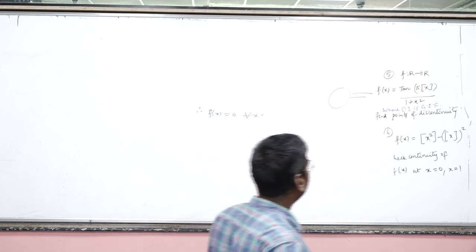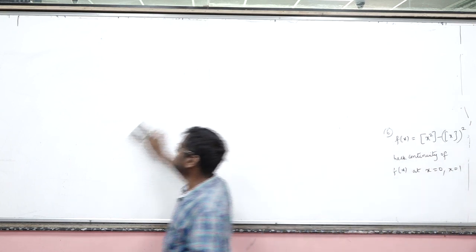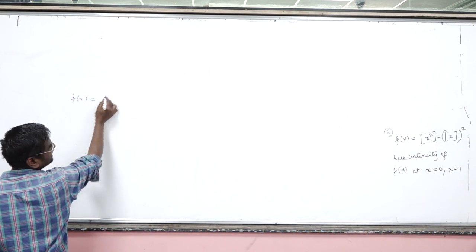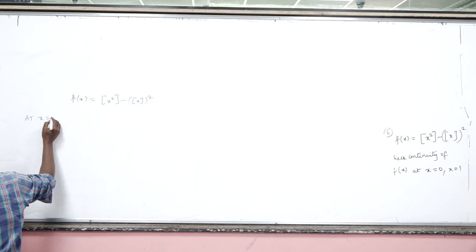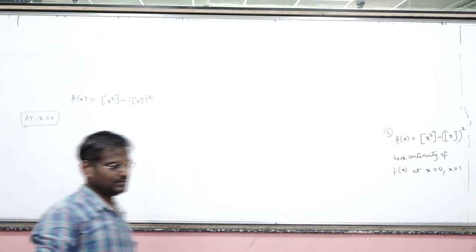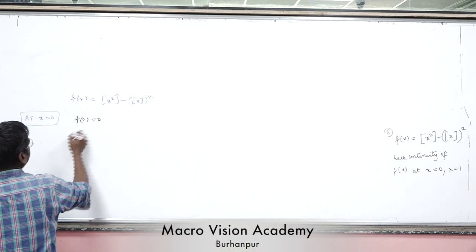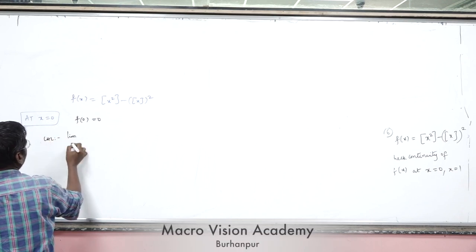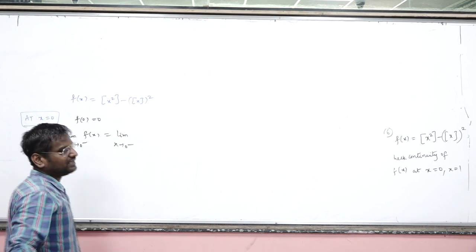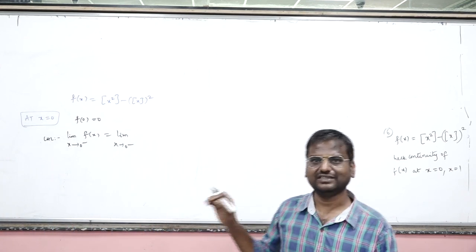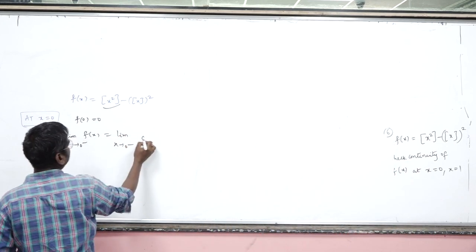Okay. So, and the last one. If you see, f of x equals step x square minus step x, the whole square. We have to check continuity at x equal to 0. At x equal to 0, first of all, f of 0 is 0. LHL, limit x tends to 0 minus f of x. That is limit x tends to 0 minus, x is like minus 0.001 something like that. So x square will be positive but lies between 0 and 1. So step of x square will be straight 0.